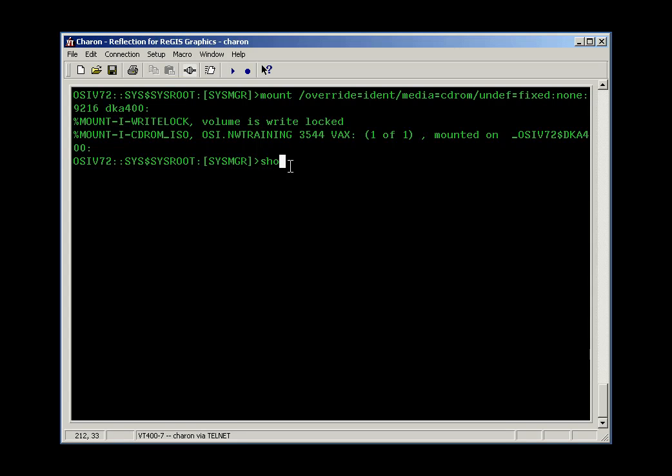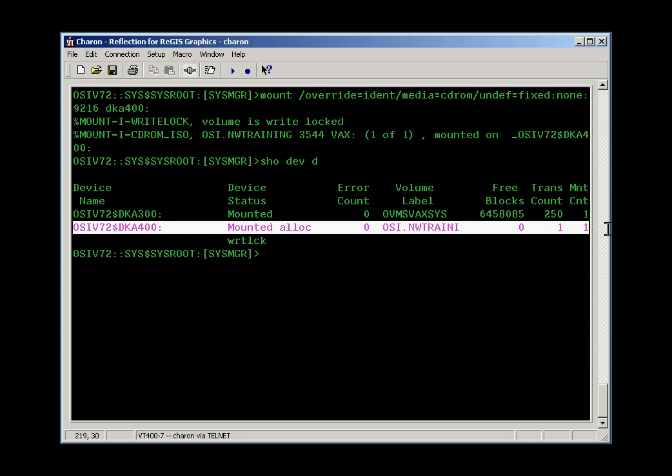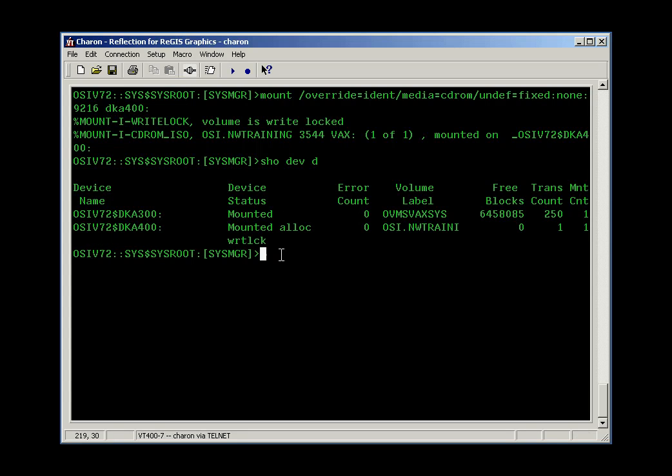And if I do a show device D, I can now see that the status of my DKA400 drive has changed. It now shows mounted, allocated, write locked. Allocated means that it's a private device, so the users on the system can't access the CD while I'm using it. If I do a show device /full